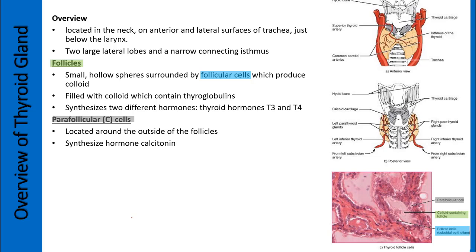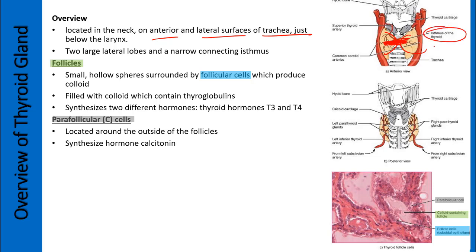Moving on to the next endocrine gland, which is the thyroid gland. So the thyroid gland, you can see here, is in the front and the sides of the trachea, so the anterior and lateral surfaces of the trachea, just below the level of the larynx. And what you can see here is we've got two thyroid glands on either side of the trachea, and it's joined together